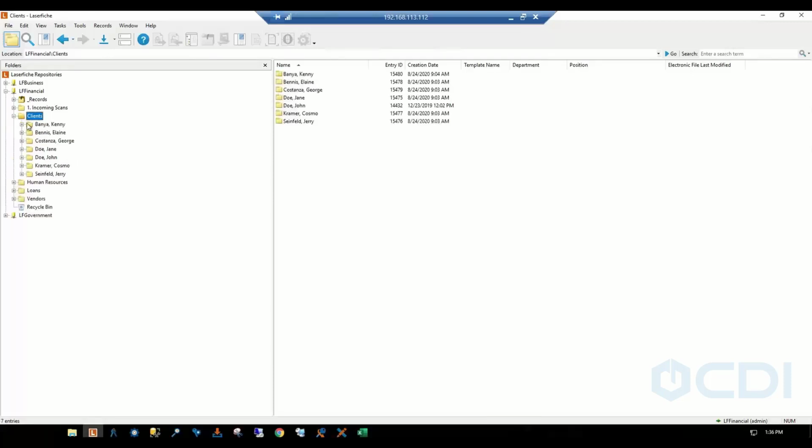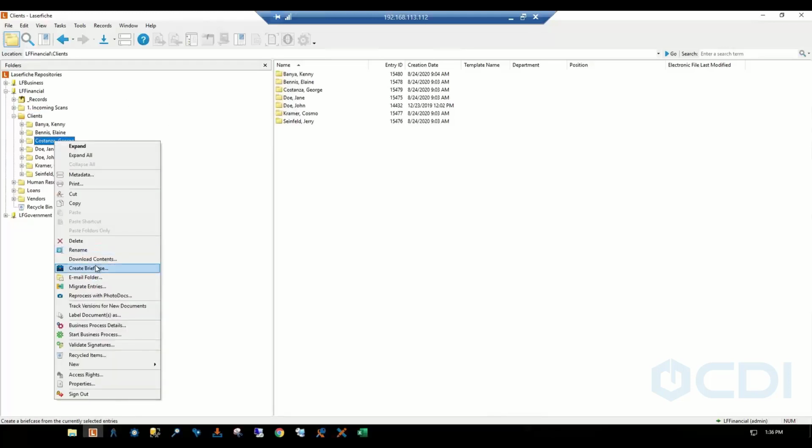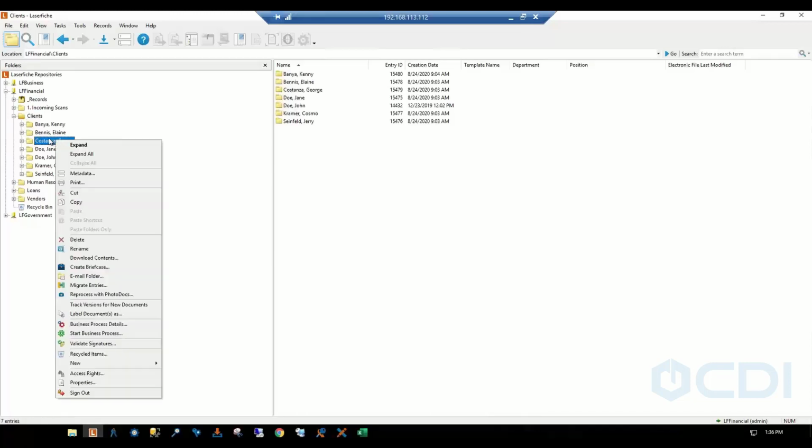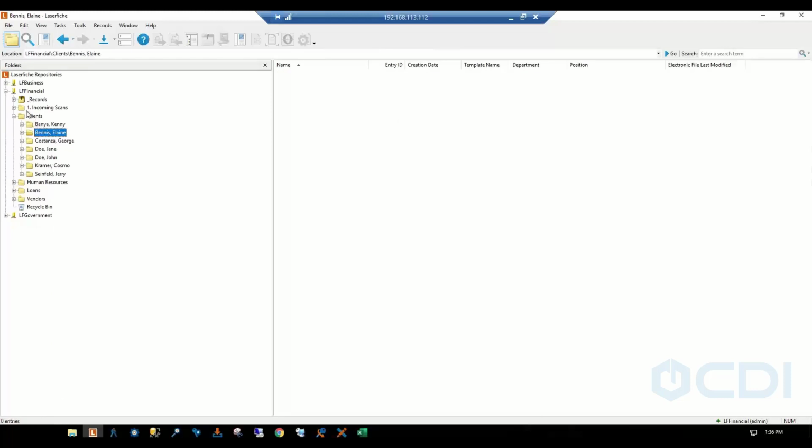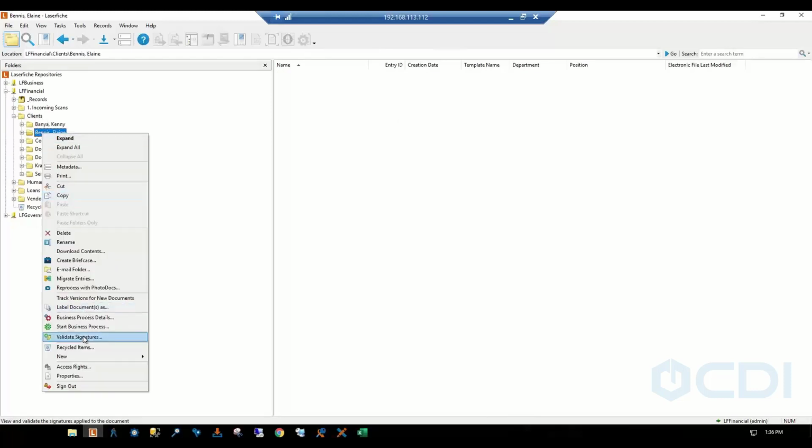But another thing that you can do is if you want to have all of your clients in one location so the administrators can see a list of all client folders, but maybe you only want to give access to specific clients to specific account managers. One way to do that would be to use the security and make sure that that individual or those groups only have access to those. More commonly, though, what we see is if you have an account manager type of folder, you can always make a copy of this